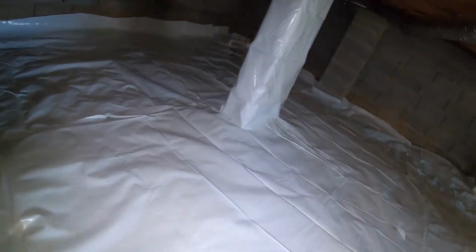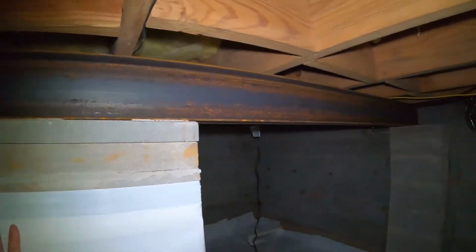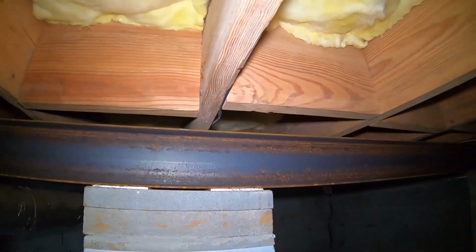We can see here the liner. This is a standard 10 mil contractor class liner. It is not fiber reinforced, as the fiber reinforced liners tend to off-gas odor that many customers will report. We did decide to do a closed crawl space on this home,